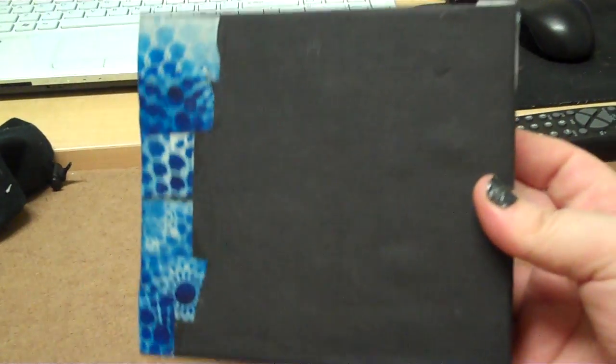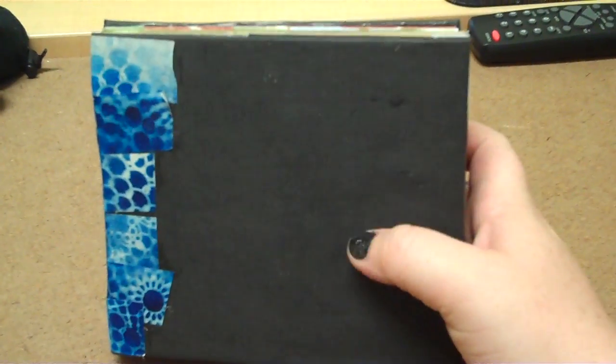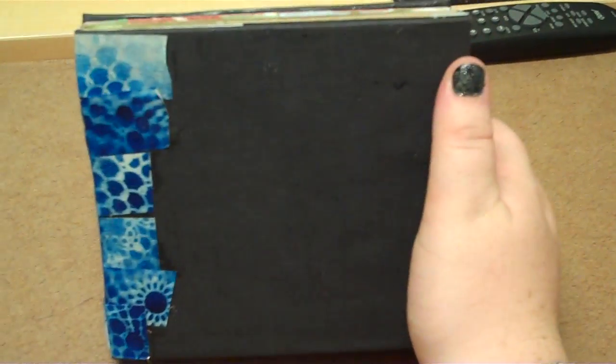But as you can see, my cover is pretty boring. And I'm not going to say that this album is perfect because it is far from it. But for my second album, I think I did okay. My binding is simple. It's washi tape that I made myself. It's blue spray painted washi tape. And I adhered it to the front cover and the back cover, and then put a few strips down the center. And as you can see, my book's a little chunky,